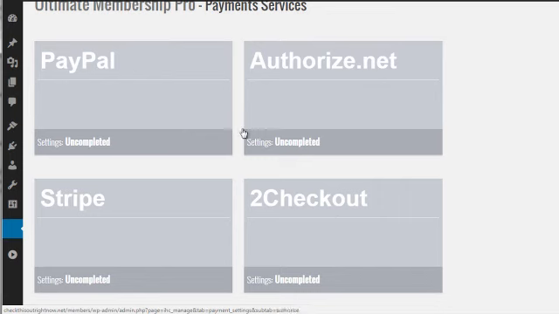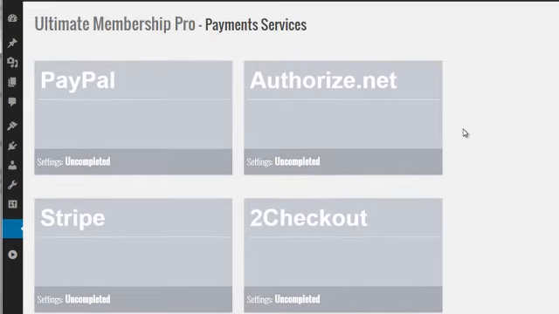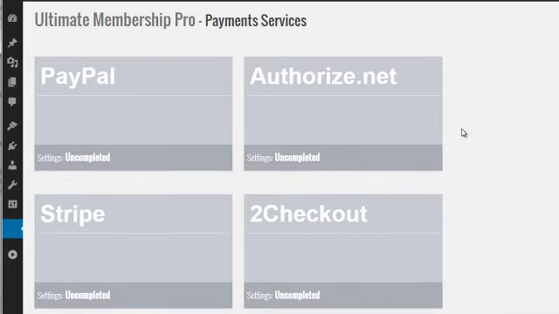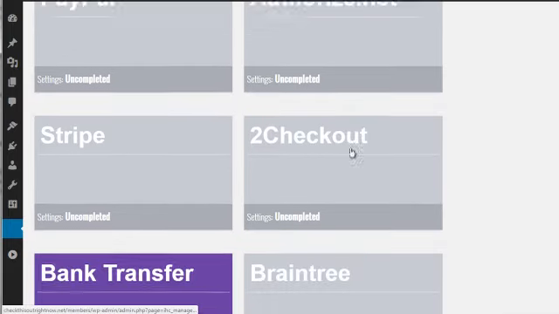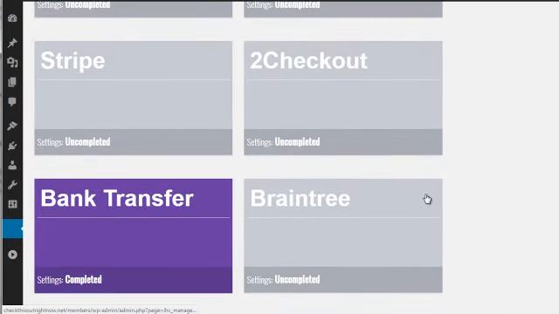Now, it's probably better if you do this or this, or 2Checkout you can do. They actually allow you to accept PayPal and credit cards as well. So in my opinion, I haven't really seen another membership script that integrates into so many services with such a